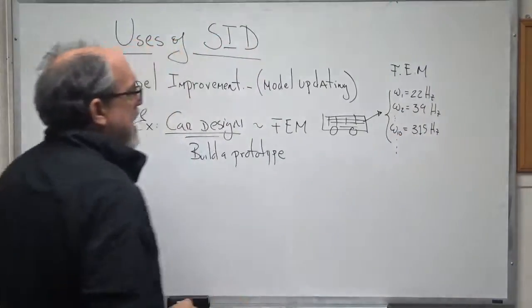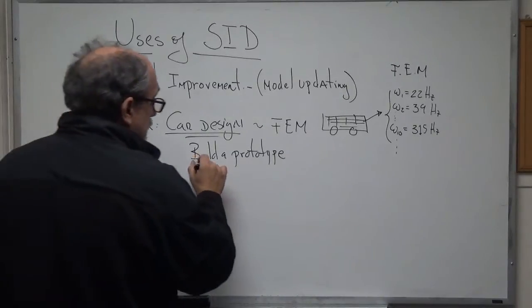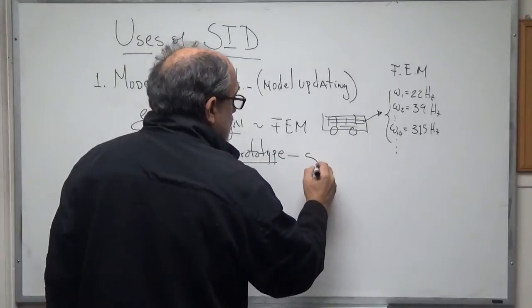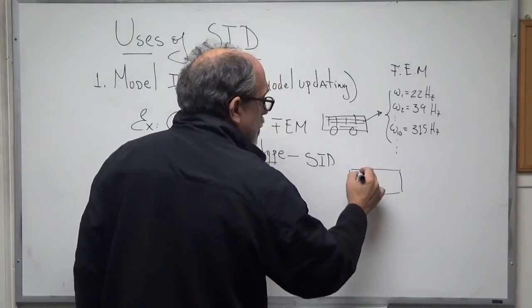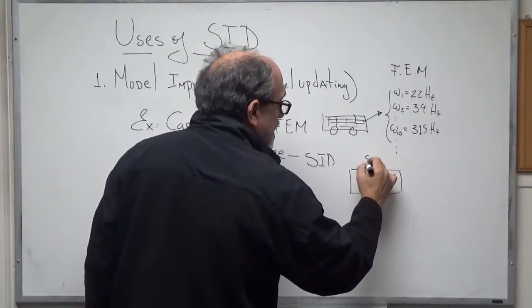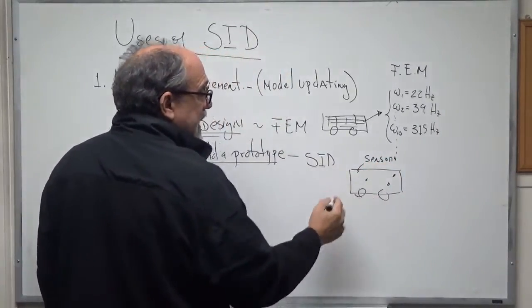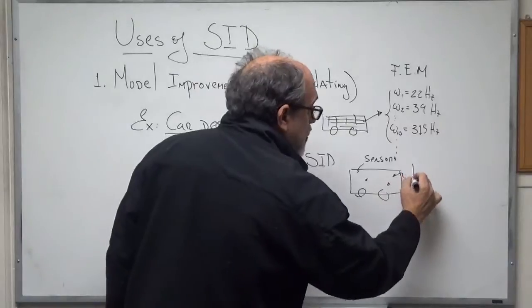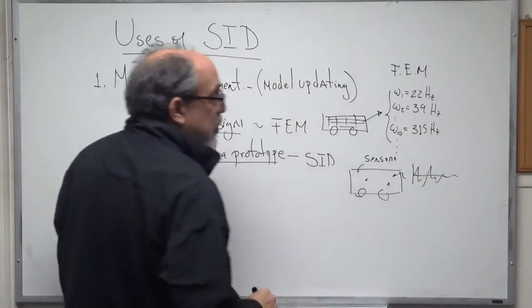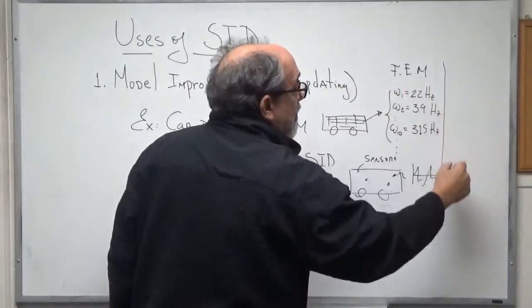You made a model. This is what the model says are the natural frequencies of the car that you're designing. You plan to build many of them. But now you build this prototype and you appeal to system identification. That is, you put some sensors on the car, a sensor here and a sensor here and a sensor there. And you excite the car, maybe you hit it with a hammer or you excite it with a shaker, and you take measurements. And from those measurements, and what we will learn on system identification,